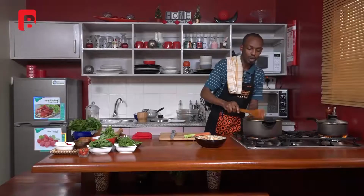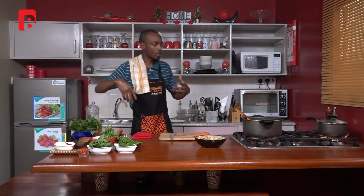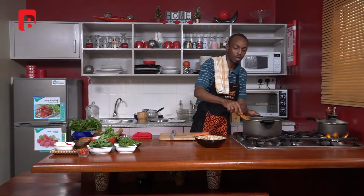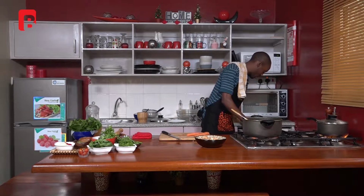Right, so this should just continue to fry as a dry mixture. It should help your tomatoes continue to break down and allow your sauce to start cooking in the juices of the tomatoes. And then for the carrots,